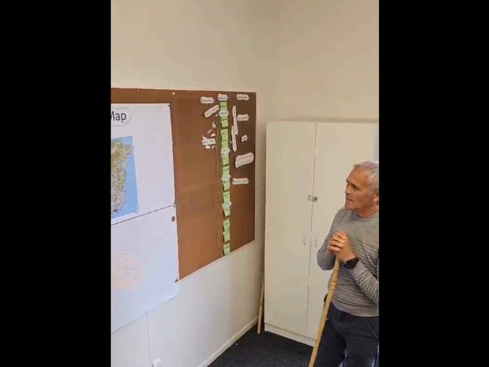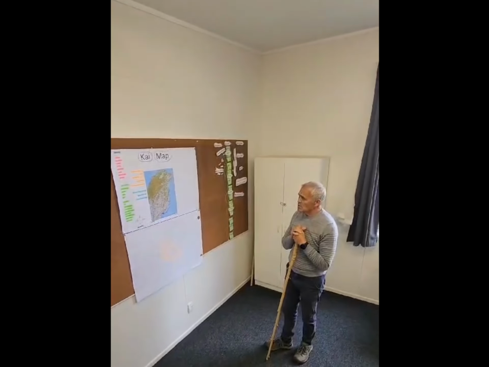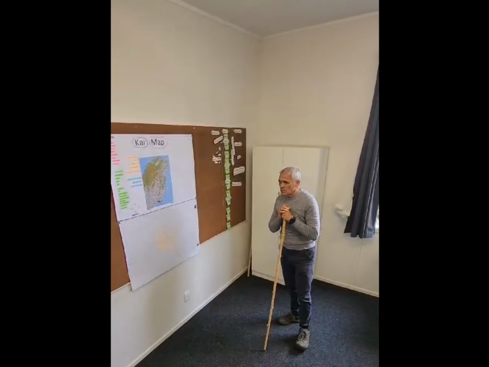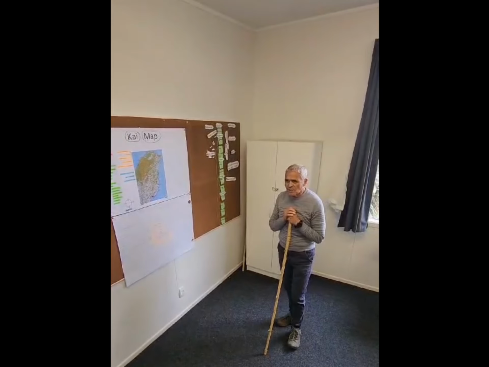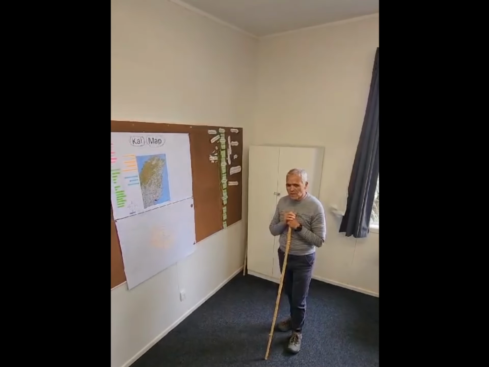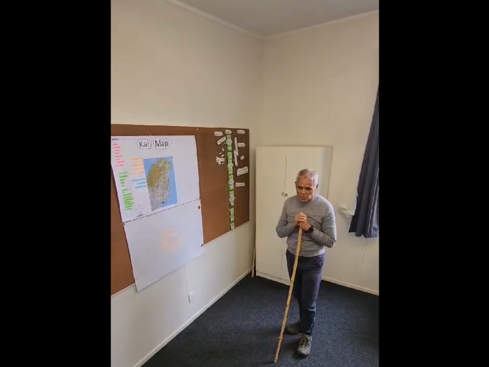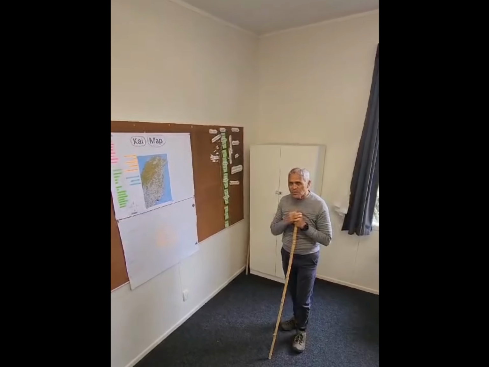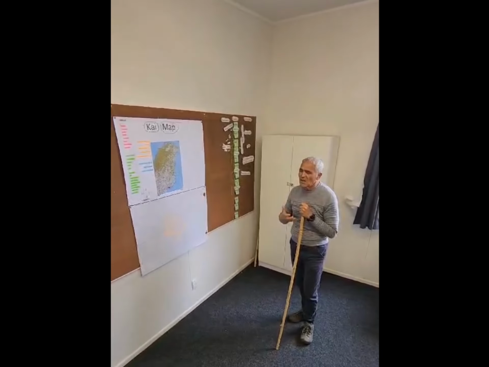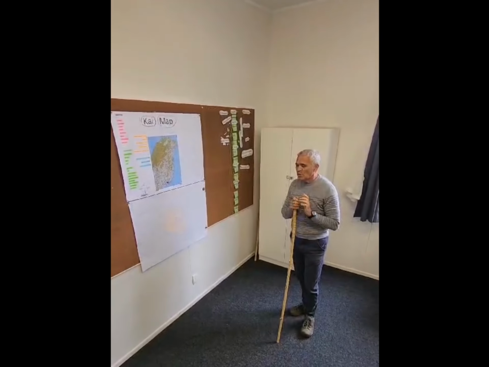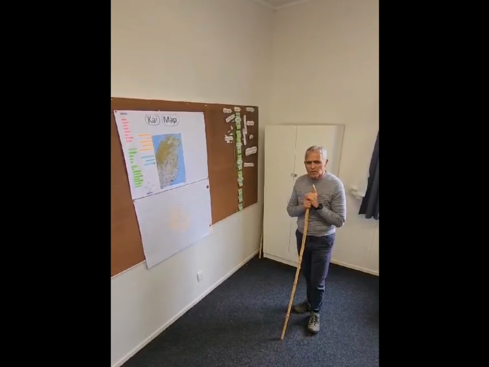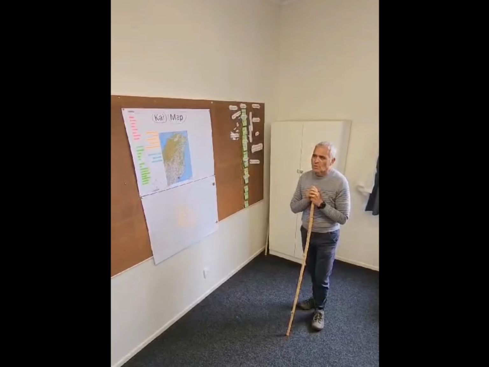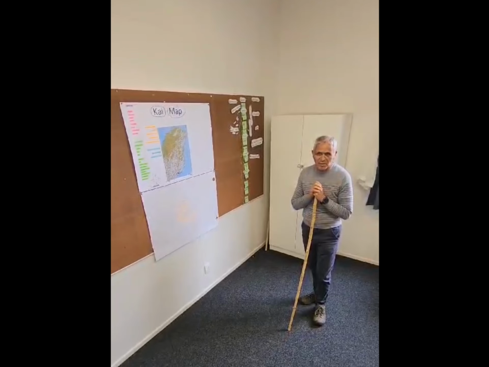Kia ora anō. One of the other exercises, one of the assessments we've got in our program is called kai mapping, right? Now the idea with kai mapping is to identify what kai is available in what season, in which regions in the country. It doesn't mean to say we want to know where your favourite fishing spot is. We just want to know that, oh hey, in this region here, this kai is available and this kai is available. Yep. It's important that we identify not only the kai, but what season it's available. Now, that's our pātaka basically.